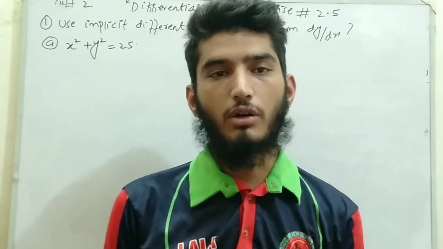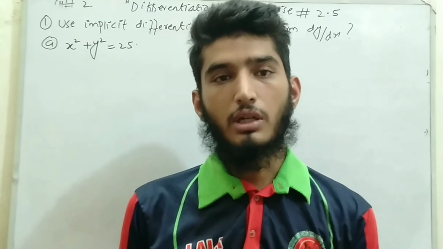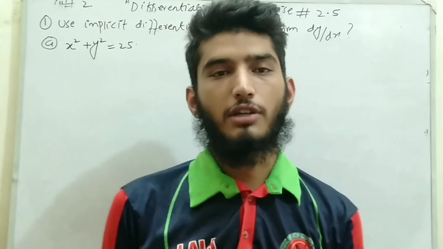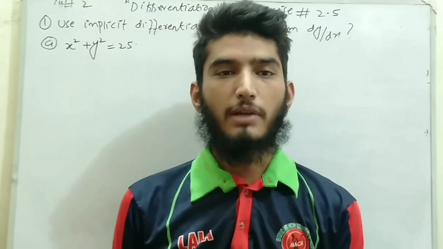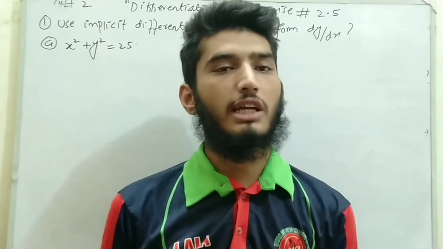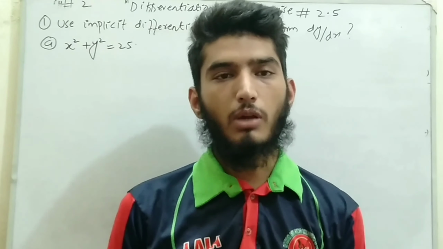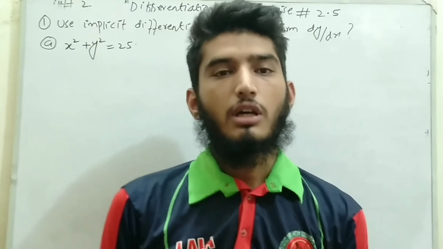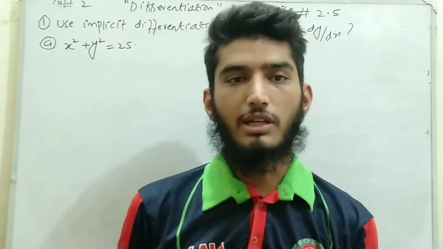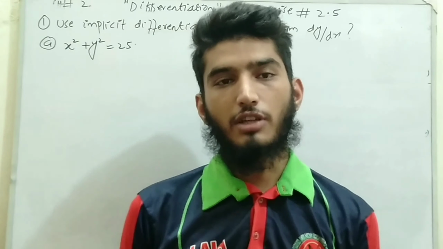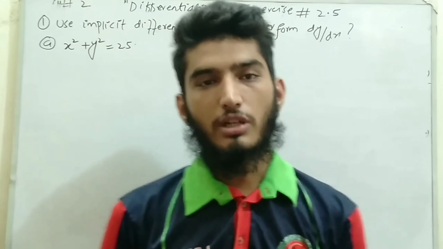In today's video I am going to start a new exercise, number 2.5, question number 1, related to the topic implicit differentiation. What is implicit differentiation? If y is easily expressed in terms of a second variable, which is the independent variable x, this will be called implicit differentiation. Or in simple words, we can also say that those equations in which a variable is given on one side and a constant is given on the other side, this type of differentiation will be called implicit differentiation. So in question number 1 there are a total of 6 parts, so let's move toward the question.